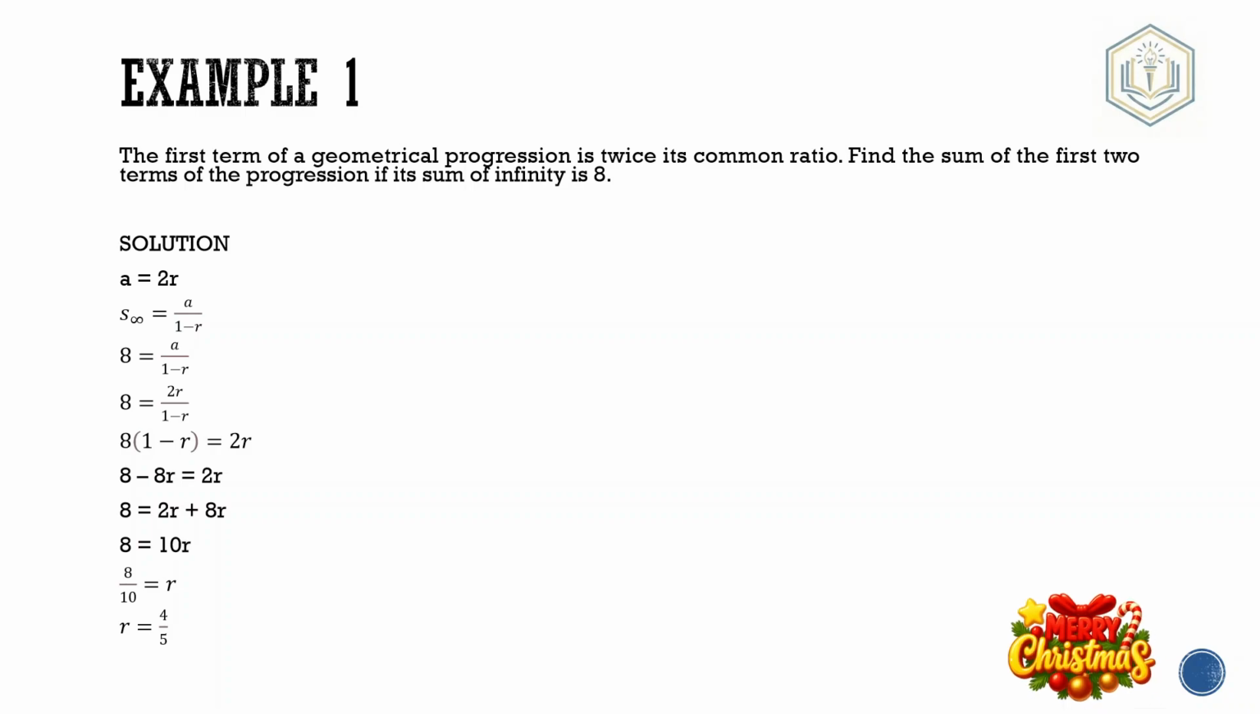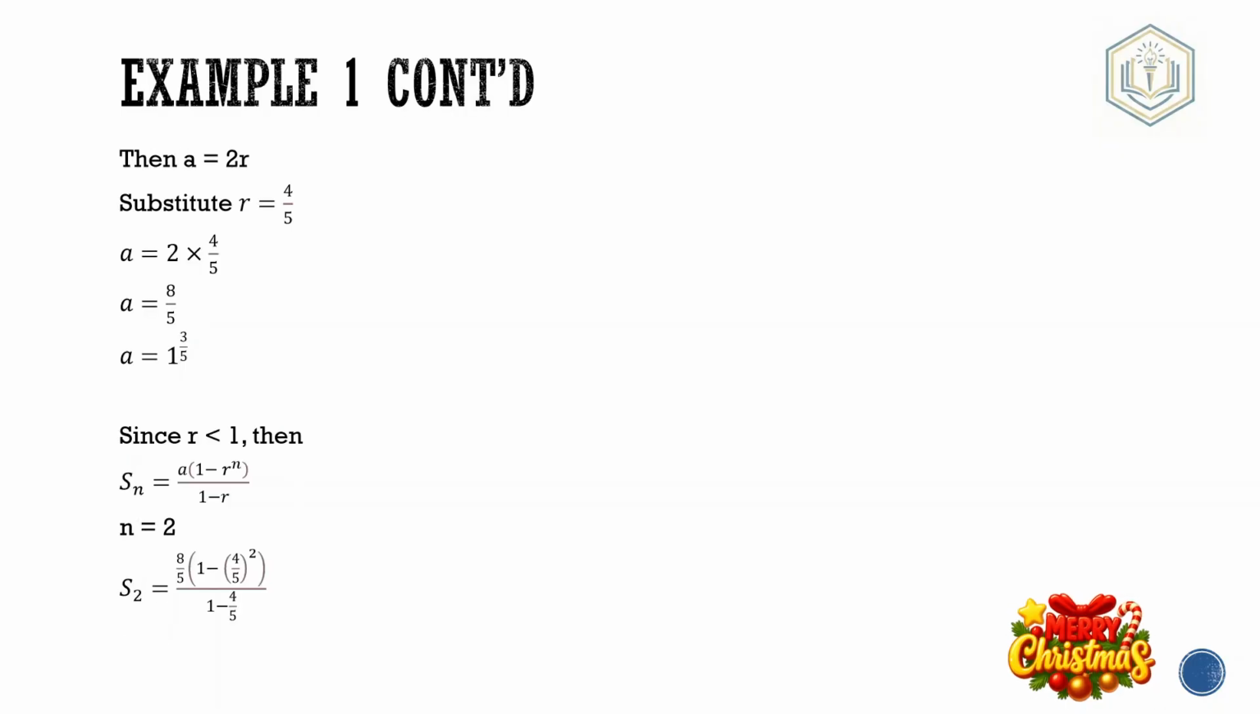Move your minus 8r to the right hand side. So we're going to have 8 equals 10r. And then divide both sides by 10. That will give us r equals 8 over 10. When you simplify more, that will give us 4 over 5 equals r. So with that,